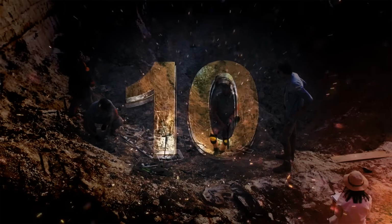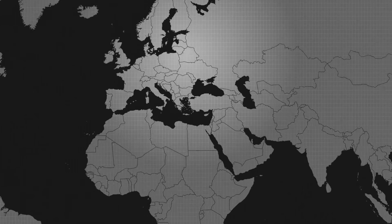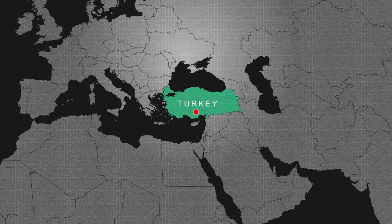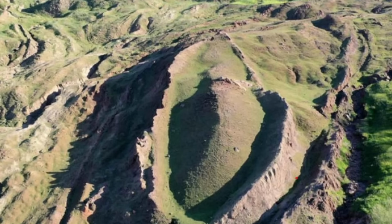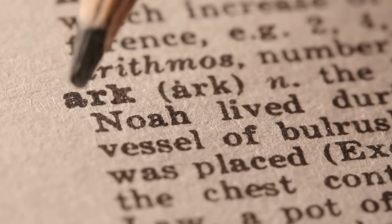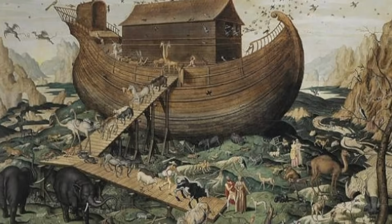Scientists in Turkey just made a huge discovery that could actually prove Noah's Ark was real. For years, they've been looking at this giant structure in eastern Turkey called the Dura Formation, which some people think could be the location of the Ark. It's 530 feet long and matches the size the Bible describes for the Ark, and it's right near the Turkey-Iran